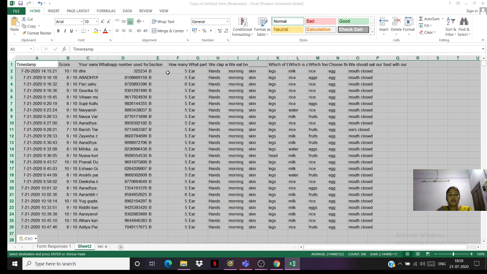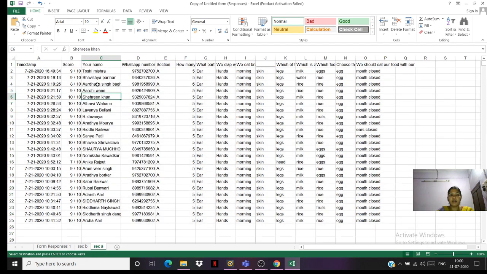See, this section B is there, so I can rename this sheet 2 as section B. Now same way we can do for section C, and then we can arrange this in alphabetic order so that we get to know each child's name.